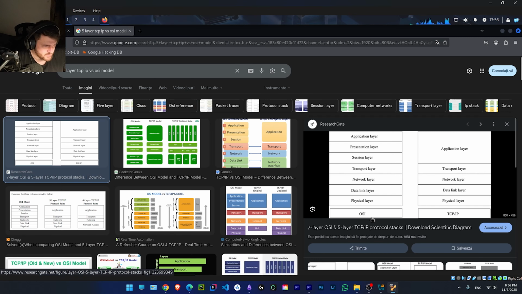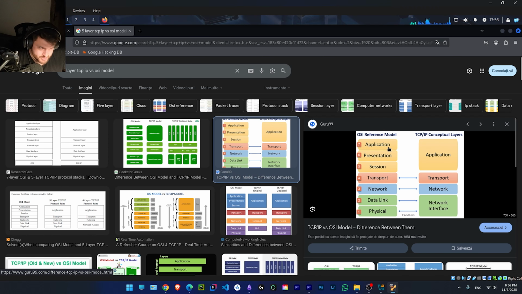TCP/IP and OSI model: physical layer with physical layer, data link with data link, and then network, transport, and application, with presentation and session incorporated in the application layer, layer 5 of TCP/IP. But there is also this one: application, transport, network, and the network interface combining these two. This is a pretty good representation because it is color coordinated and you can easily see what's inside each layer.